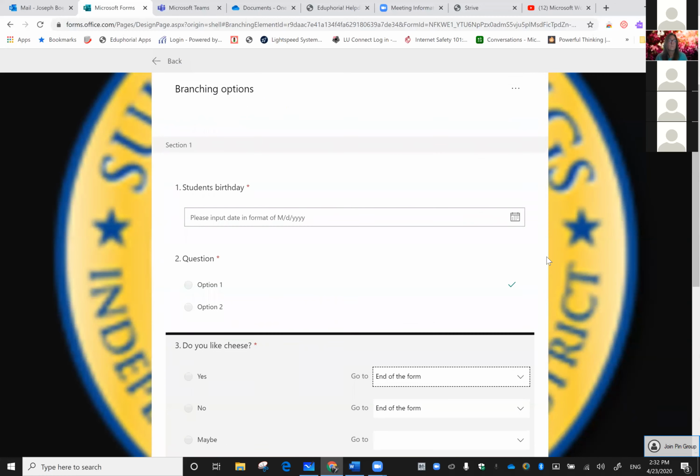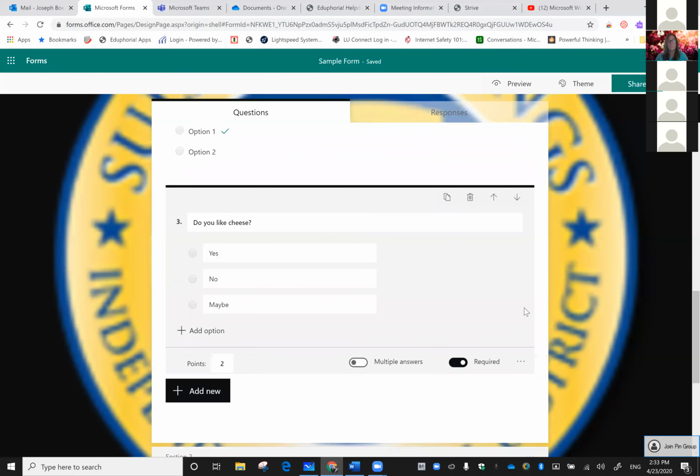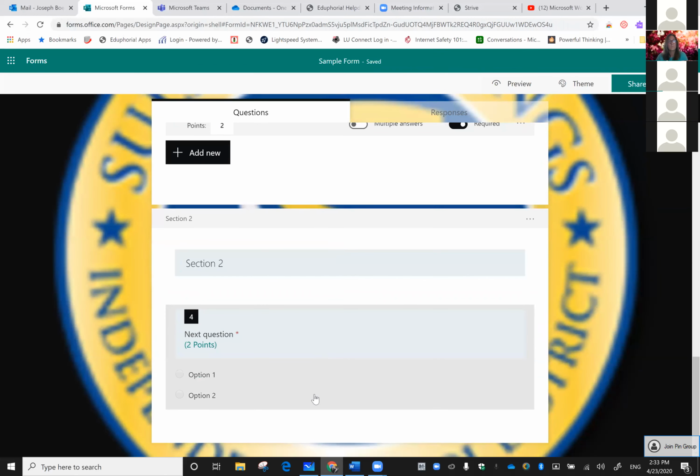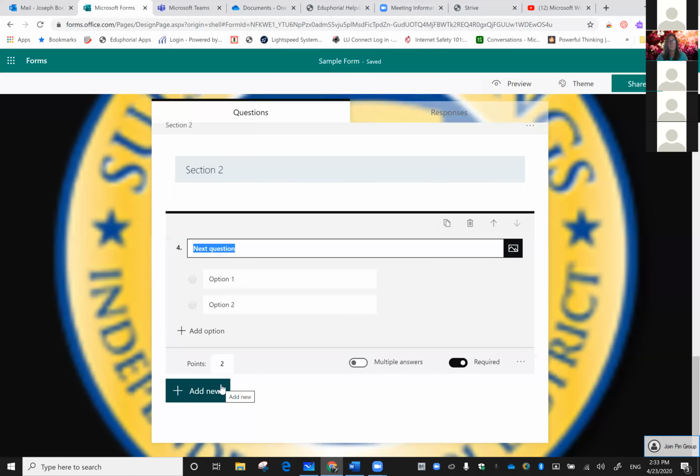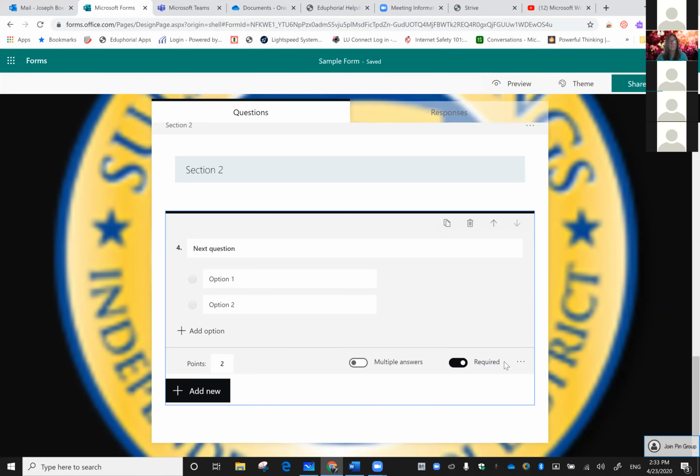All right. So branching sections, those are good. We'll go ahead and go to our next thing now. So looking at a couple more types of the question types, or a couple of different options. So again, we have our choice. Our choices are multiple choice, or we can select multiple answer. Now in this, you can also make those a drop-down menu instead. So when they look at them, instead of having to click on a bubble, they would